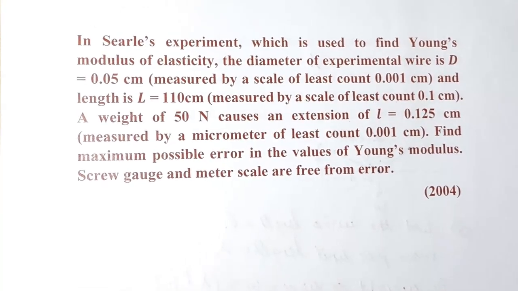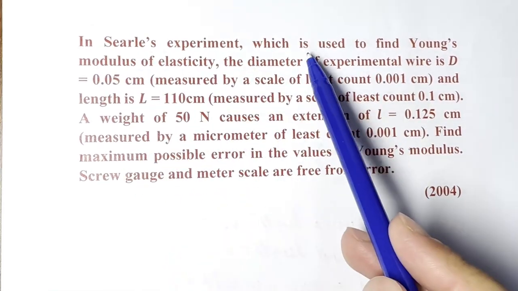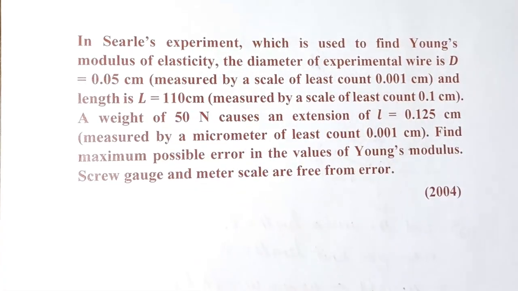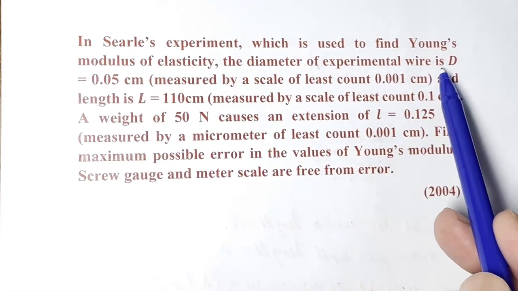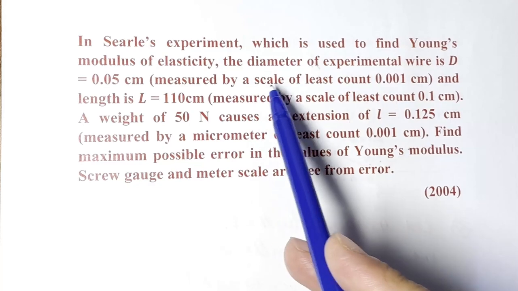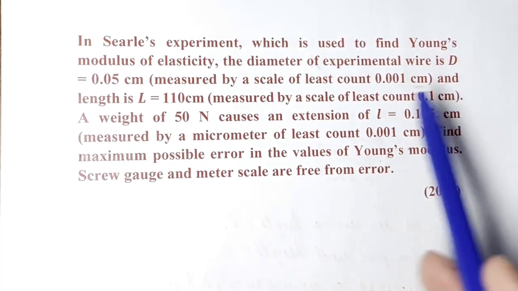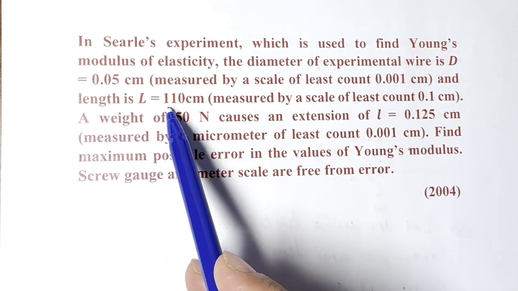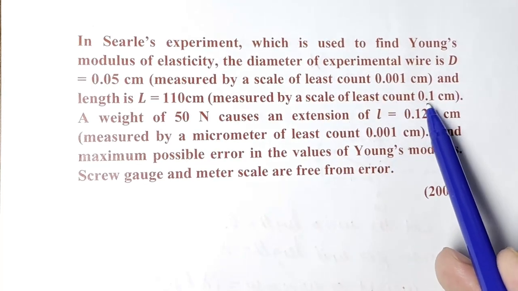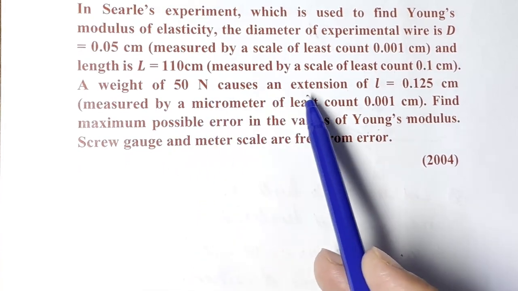Hello friends, today's question. In Searle's experiment, which is used to find Young's modulus of elasticity, the diameter of the experimental wire is D, given as 0.05 centimeter, measured by a scale of least count 0.001 centimeter, and length L is 110 centimeter, measured by a scale of least count 0.1 centimeter. A weight of 50 Newton causes an extension of